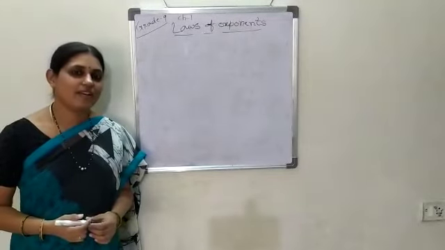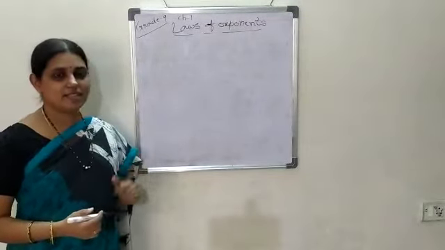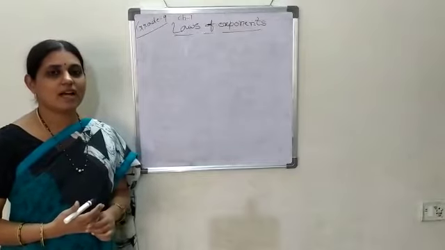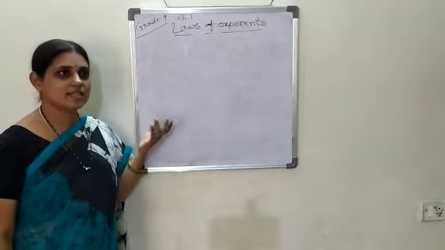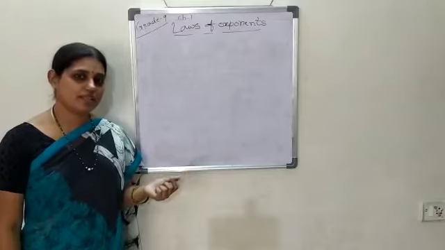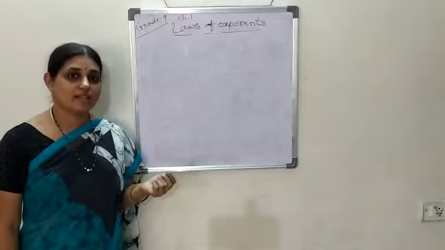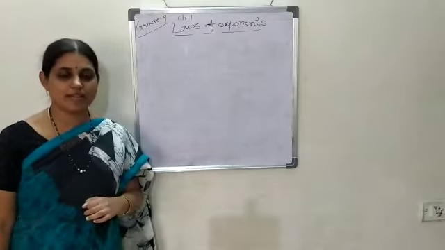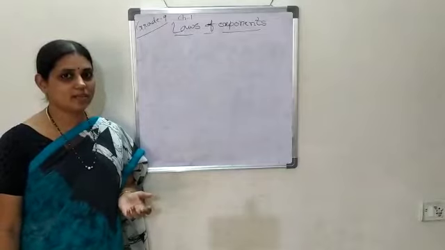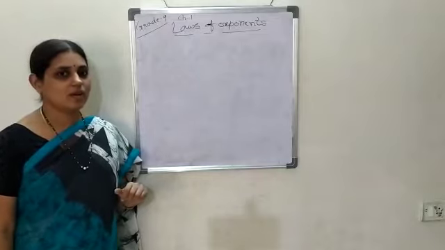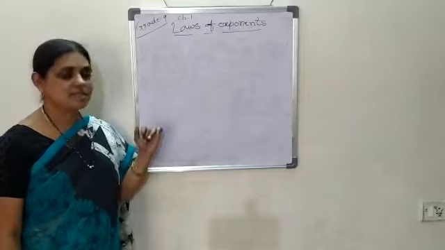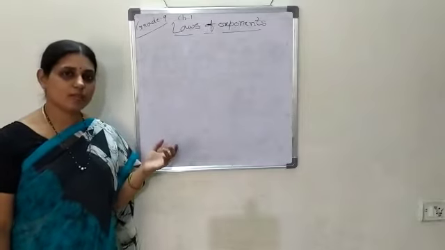Hi children, now we are discussing grade 9, chapter 1, number system topics. As you already know, we discussed rational numbers, irrational numbers, representing irrational numbers on the number line, and operations on real numbers. All these we already discussed. Now coming to the last topic, that is laws of exponents, and this topic is also not at all a